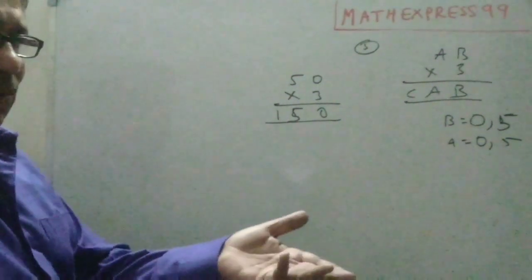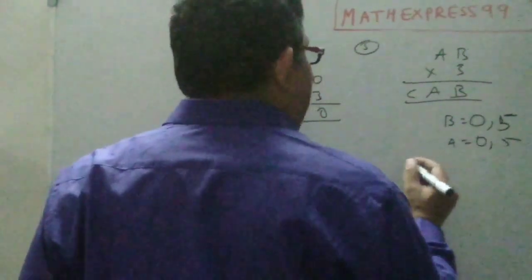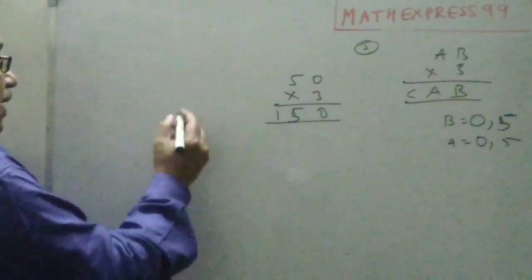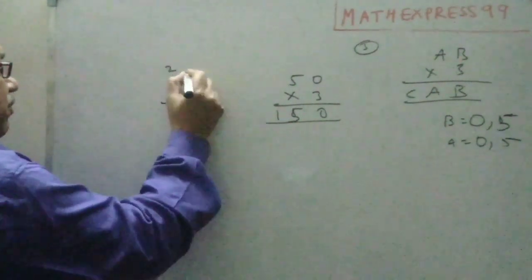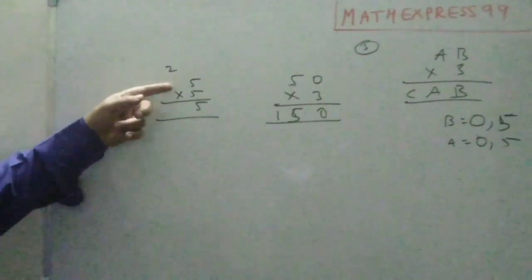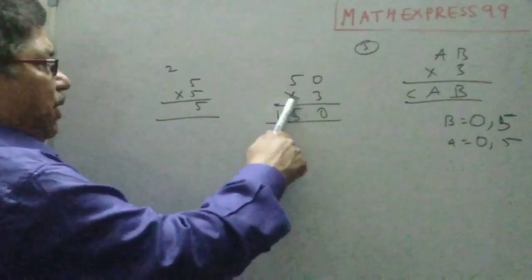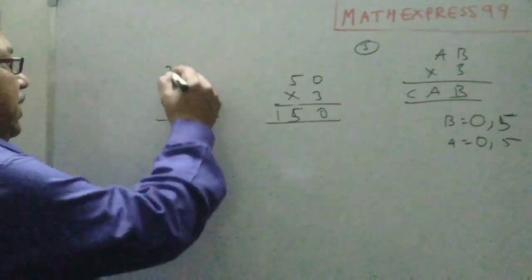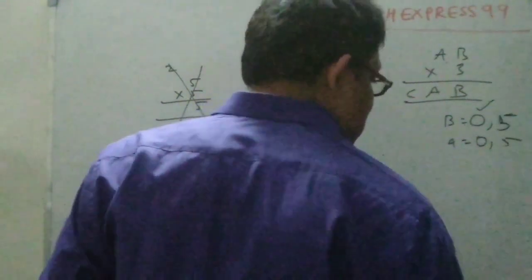You see, it is hit and trial, but you have to do hit and trial, you can't help it. If you take B as 5, now somebody will say, why can't we take B as 5? So if you take B as 5, 5 into 5 will become 25. And whatever you multiply, you will have to add 2 to it. So if you add 2 to it, then naturally you will not get 15 here, you will start getting 17 here. So that is not going to be there. So this is the answer. B is 0 and A is 5.